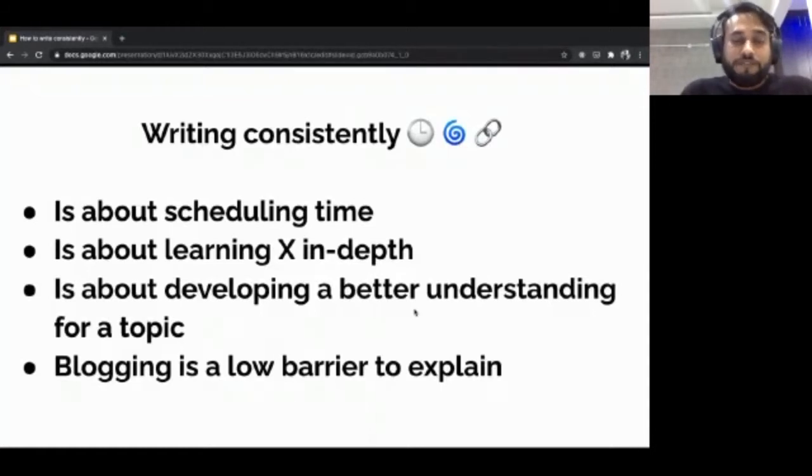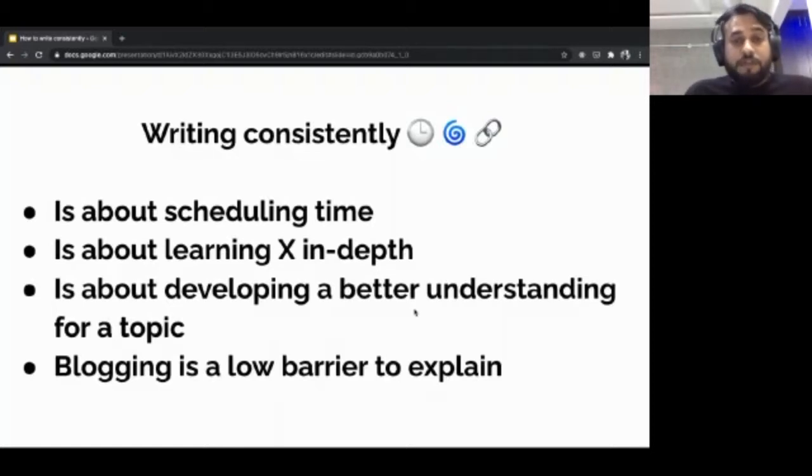And when you share it out there, you also get the chance to develop a better understanding of that topic. For example, if you use a community blogging platform like Hashnode and you post a blog post out there, there would be some people who might know better than you, and they would like to share their views, which can help you follow that particular pattern more efficiently. The same goes for sharing your blog post on social media platforms. I always consider blogging as a low barrier to explaining things. It doesn't require much apart from a laptop and an internet connection. You just have to sit down and write.